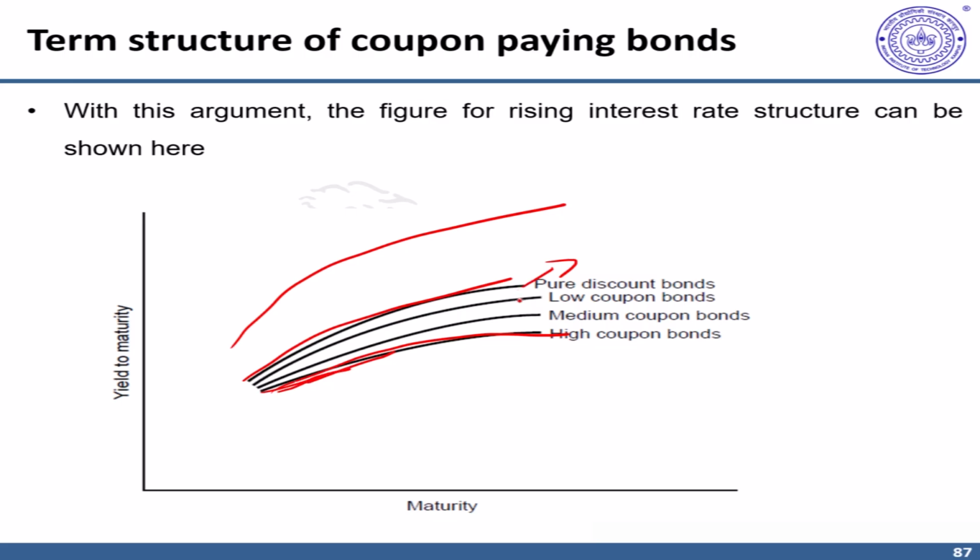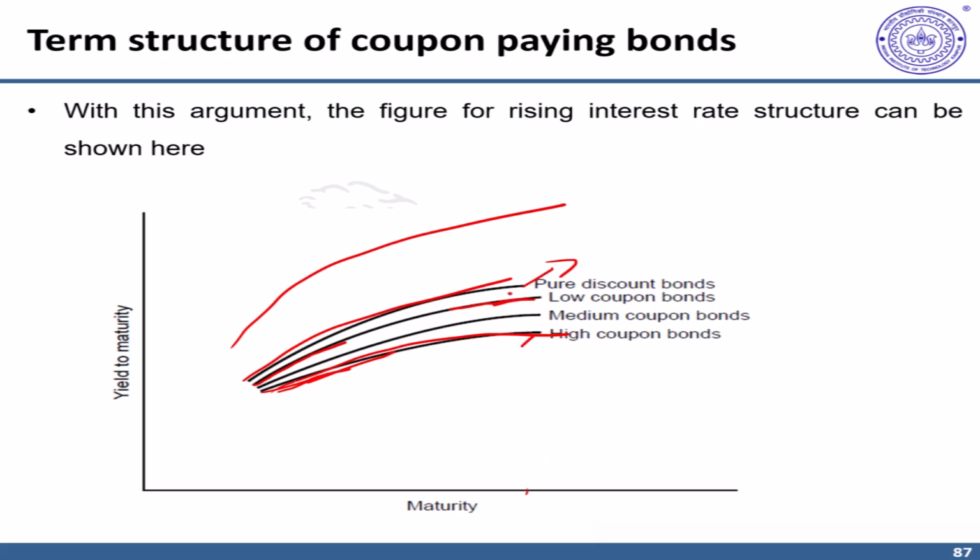Similar to a pure discount bond, for low coupon paying bonds also, a major fraction of cash flows appears later in time, which is discounted at a higher rate as compared to a smaller fraction appearing earlier in time, which is discounted at a lower rate. So as compared to a high coupon paying bond, the interest rate on a low coupon paying bond would be higher. For example, think of two bonds, one high coupon and one low coupon, ceteris paribus with the same maturity. The only difference is in coupons.